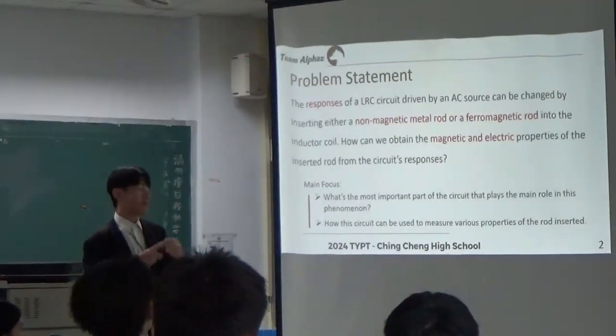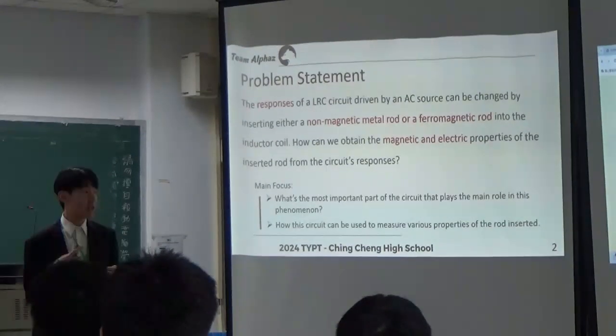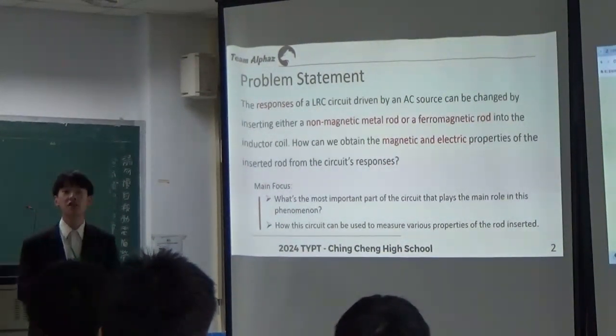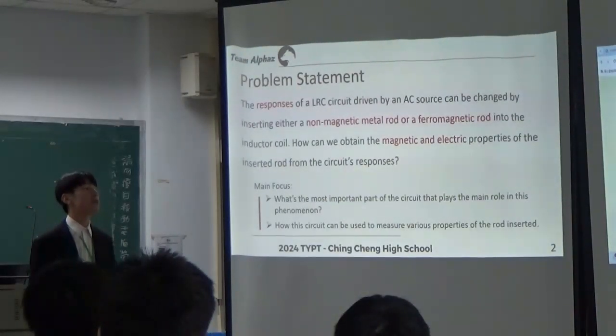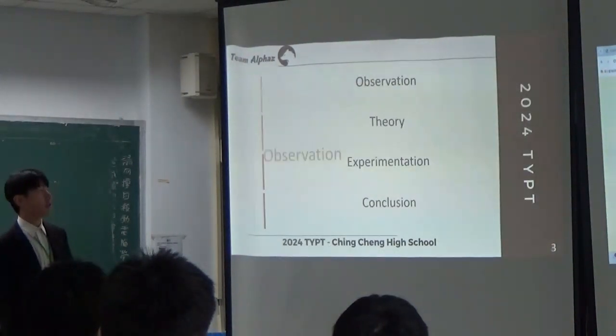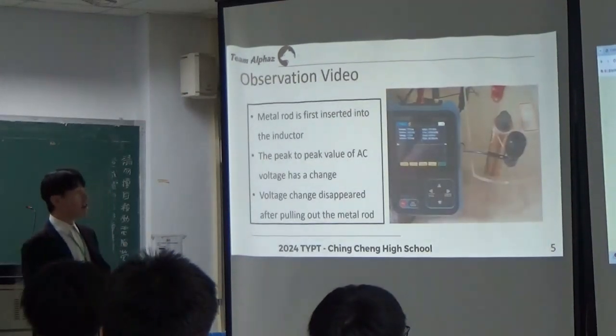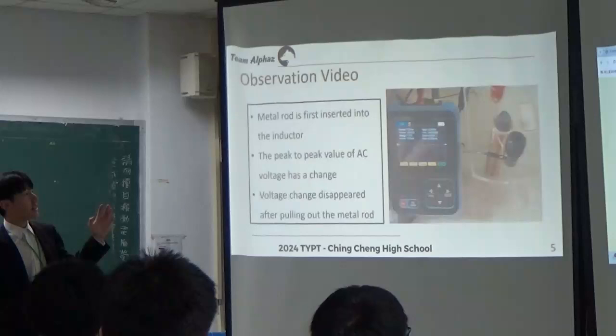What will be the most important part of the circuit that plays the main role in the phenomenon? And also, how can this circuit be used as a measurement of the rod? So here's our content today. First, let's go into our observation. In our observation video, we can see that,